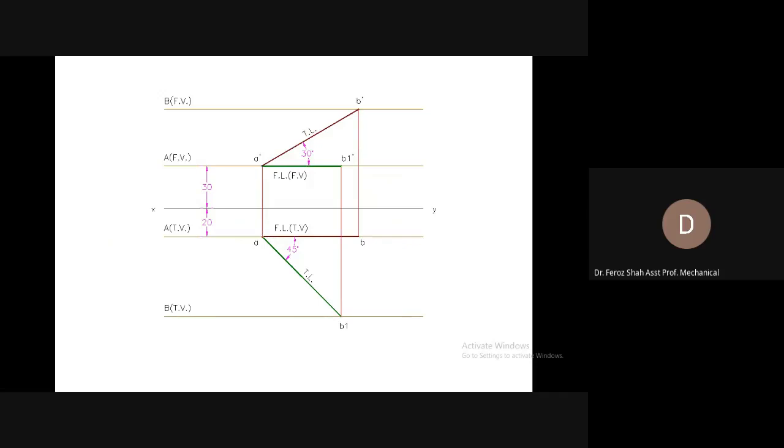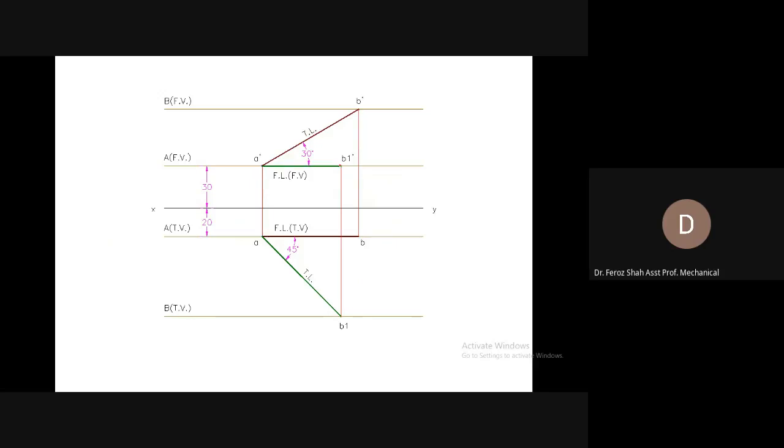Now the front view of this end has already been drawn, and for drawing the front view of this end B, draw a perpendicular line or perpendicular projector perpendicular to the XY reference line, and that would end at the locus of A dash, or parallel to the XY reference. Now, the next step would be